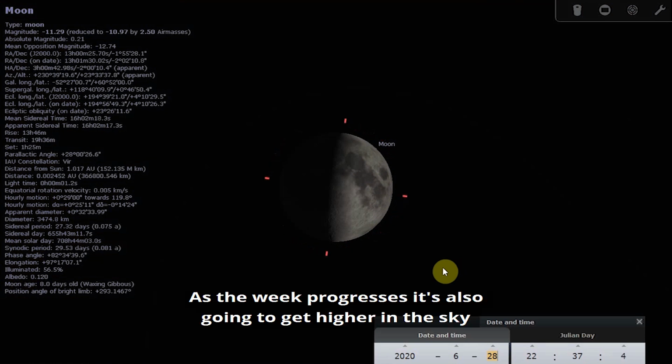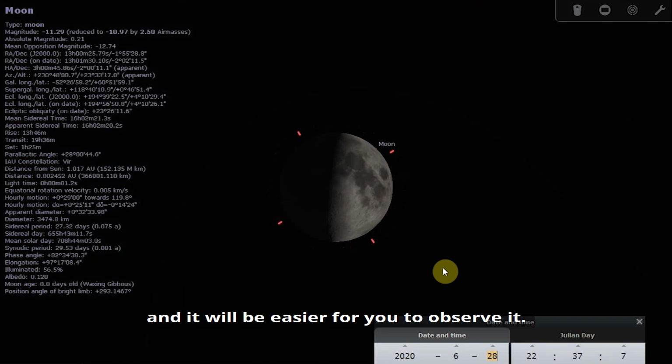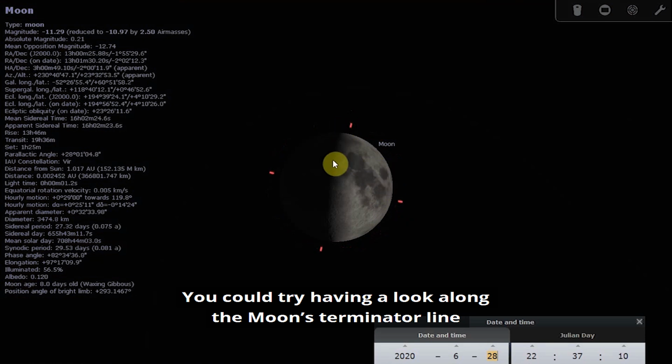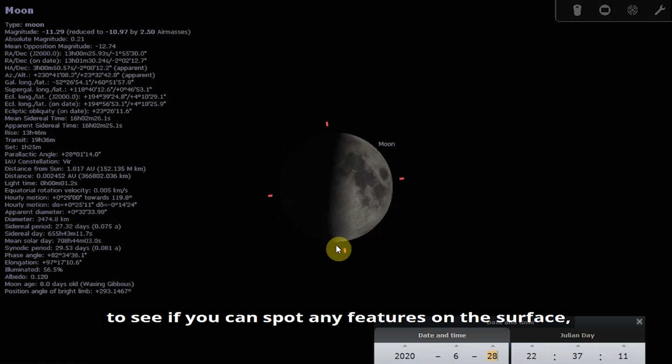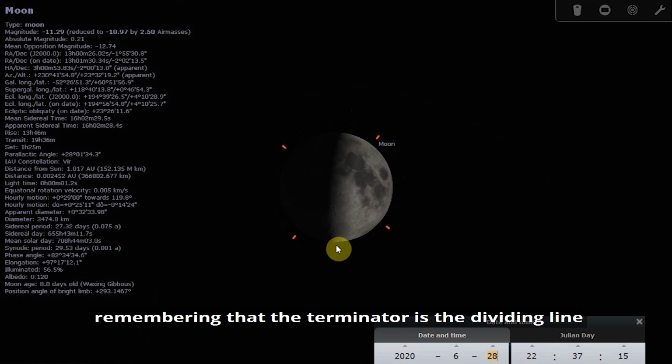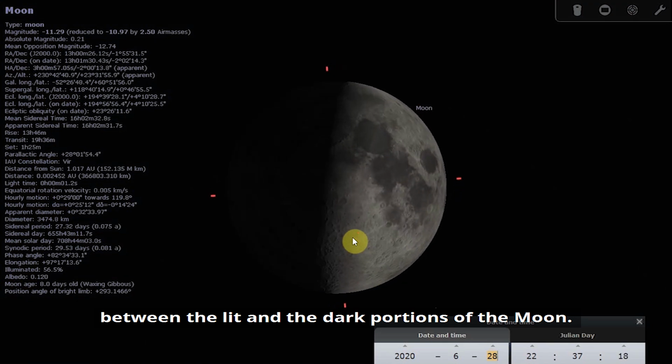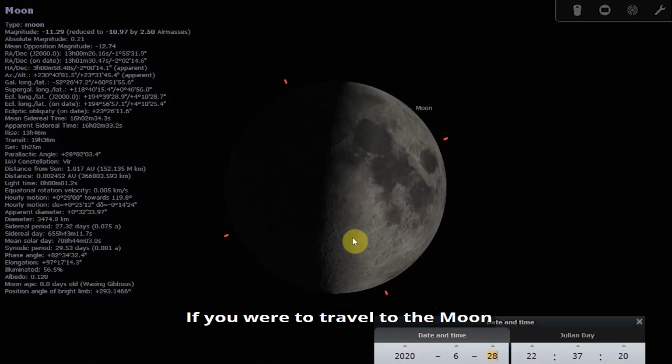And as the week progresses, it's also going to get higher in the sky and it will be easier for you to observe it. You could try having a look along the moon's terminator line to see if you can spot any features on the surface, remembering that the terminator is the dividing line between the lit and the dark portions of the moon. If you were to travel to the moon and stand in the lit portion close to